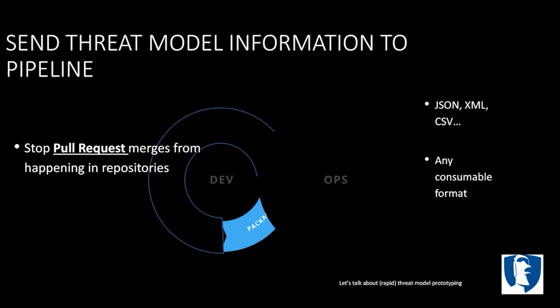Now we come to the final part. You can now take that information and make it part of the pull request, so you can actually stop merges from happening if you see that people haven't put that mitigation in place and they haven't documented it as part of a ticket. You can stop it at the pull request. It never gets into the flow at all. It gets stopped and the person has to fix it within their own IDE, within their own environment.